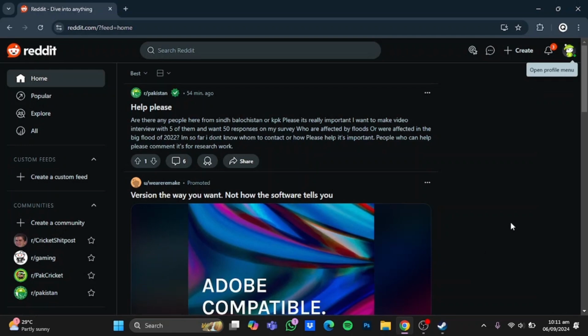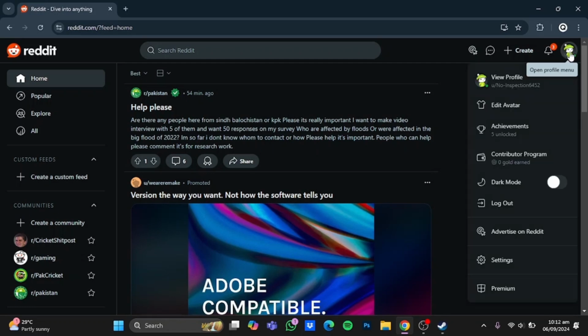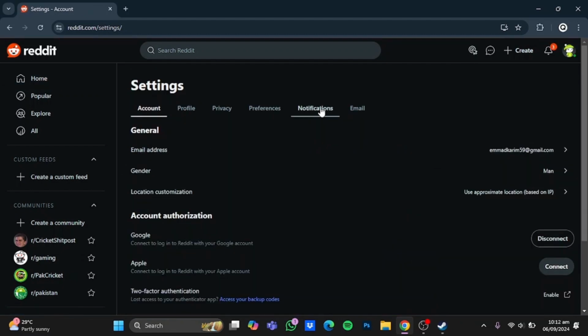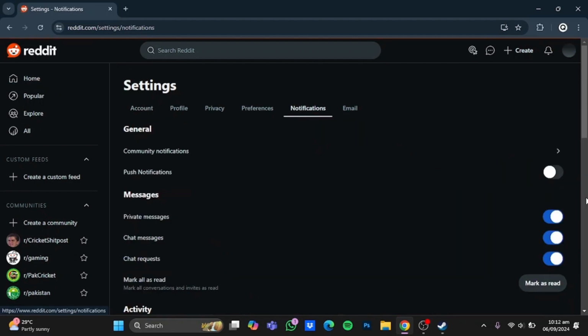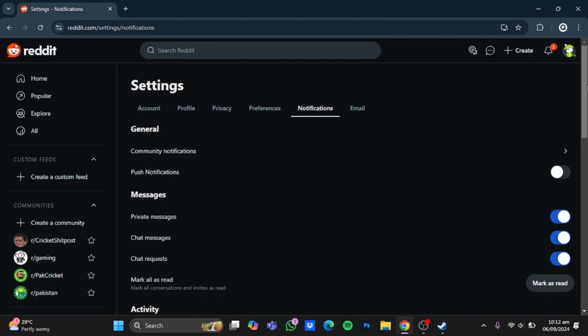Hello everyone, in this video I'm going to show you how to disable Reddit notifications. So here I'm at the home page of Reddit. Now once you're here, click on your profile picture at the top right, and then here go to settings. Now once you're in settings, click on notifications right here,